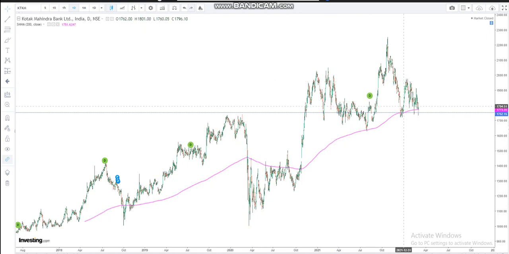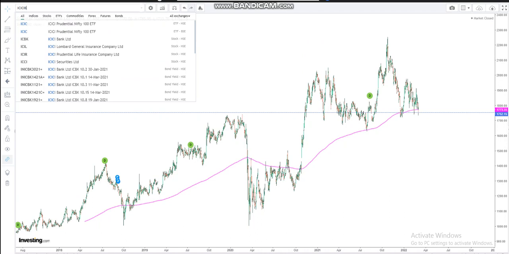And this is the reason why I am saying that if we look at Bank Nifty, Bank Nifty is still above the 200 SMA, which is good. Of course going forward in the next trading session itself it could be broken, but at least for now this is looking good, right? And you can do this analysis for every stock that you want to buy.